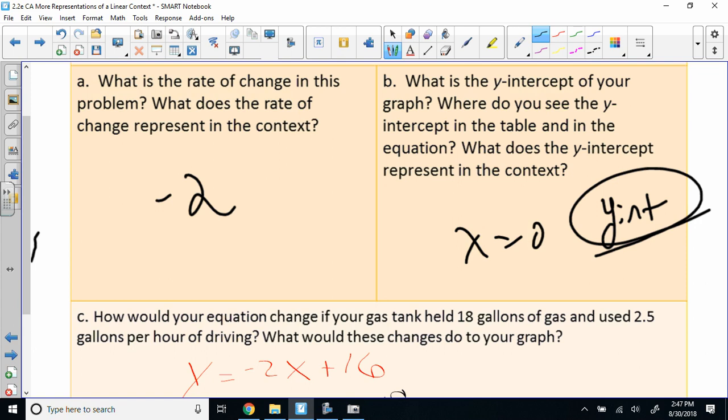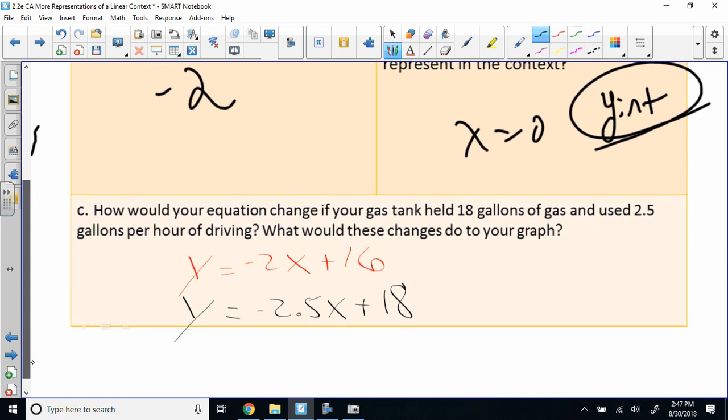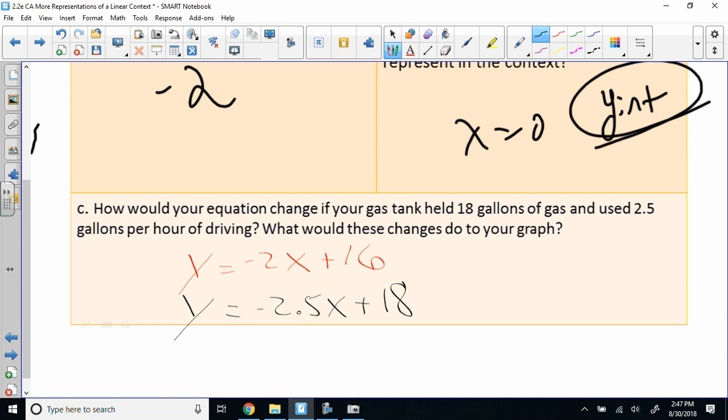Now, look at how this part C was answered. Do you agree with it or not? It said, how would you change the equation if your gas tank held 18 gallons and used 2.5 gallons per hour? But your 2 would go from -2 to -2 point what? And your 16 would go to what? There you go. Ladies and gentlemen,